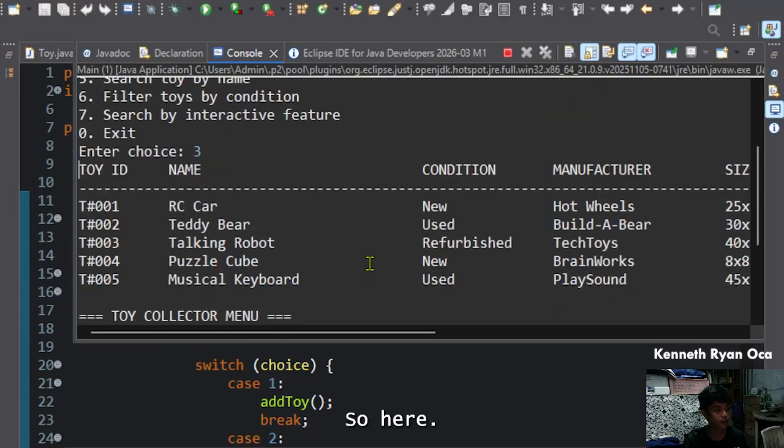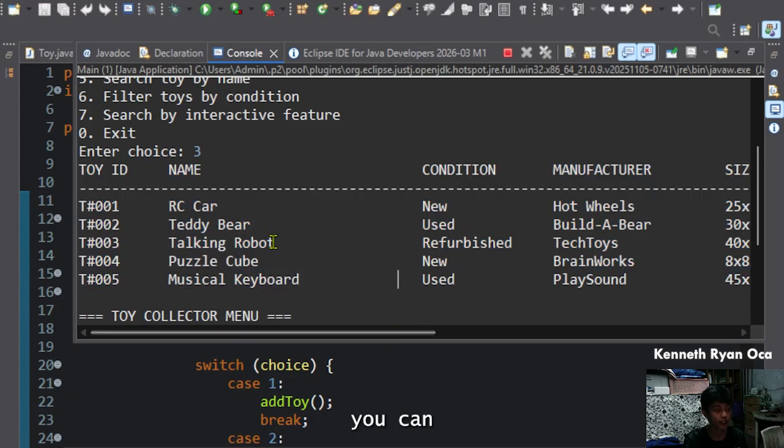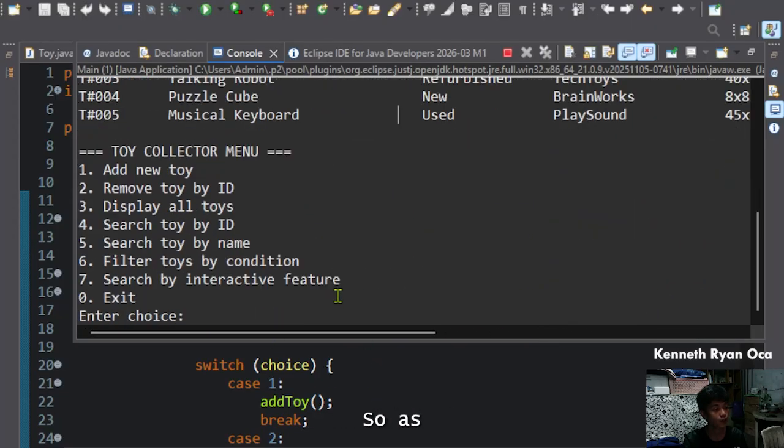It is in tabular format, so you can see clearly the actual data and not misinterpret something. The Toy Collector menu has looped itself again because I didn't choose to exit. So we can perform another task infinitely until the user chooses to exit.